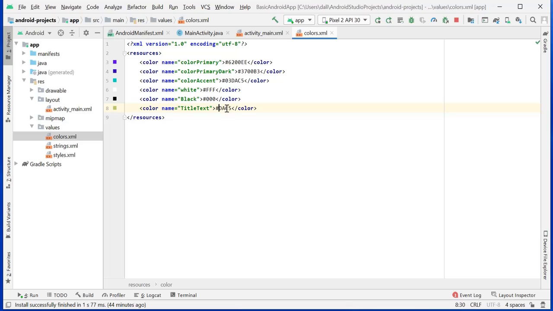Okay, and this is becoming green only, no problem. Yeah, see, this is green color. So for example, title text green.